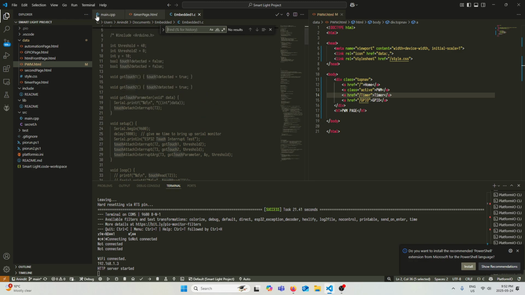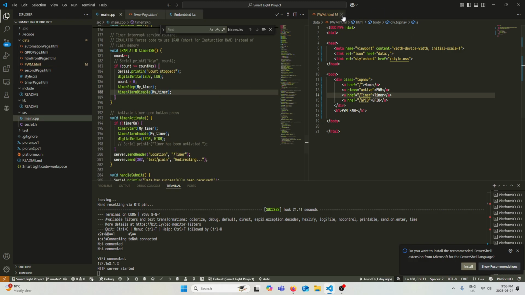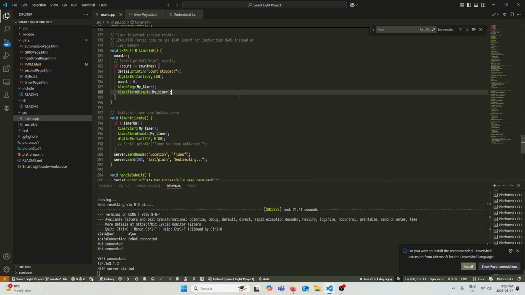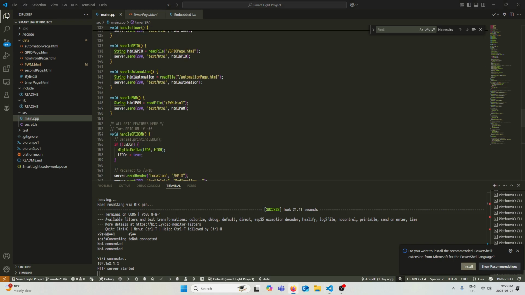I think that's probably the next thing we have to do, the touch sensor. Is there any way to automate this? Like every time I create a new tab, I have to create. Oh well. So okay, we got all that stuff working. That's very good.